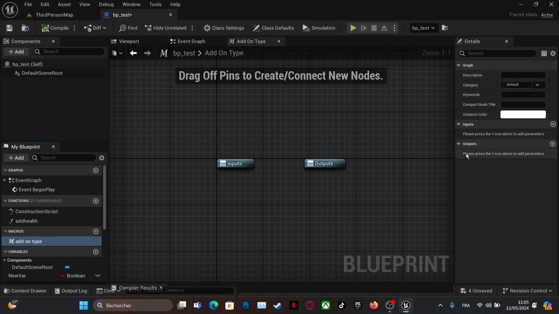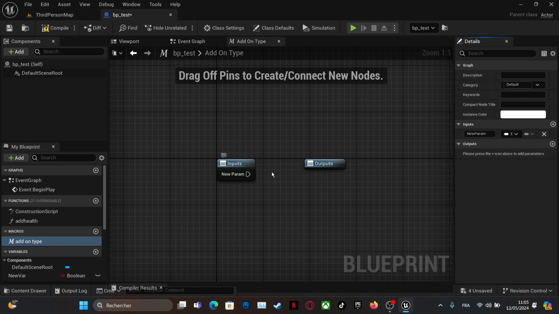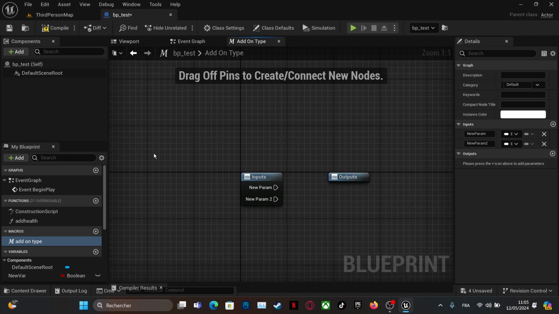So macros have a really interesting feature, that is execution. We can add multiple executions if you want to do that. So the first execution has its own code here, and the second execution has its own code here. So what I mean is that we can have multiple scenarios when we launch this macro, and we launch it from this parameter and from this parameter, and each one has its code. But generally we use it on the output.